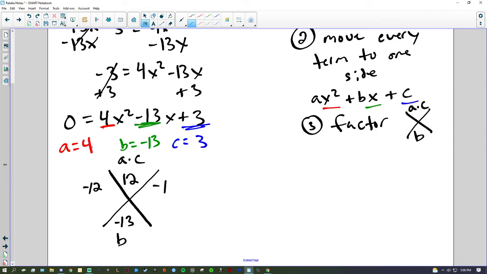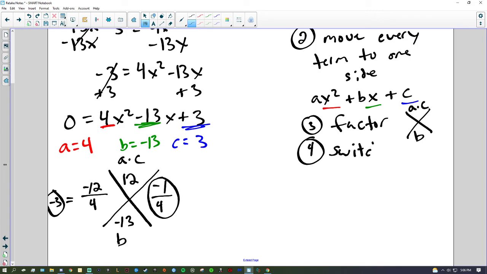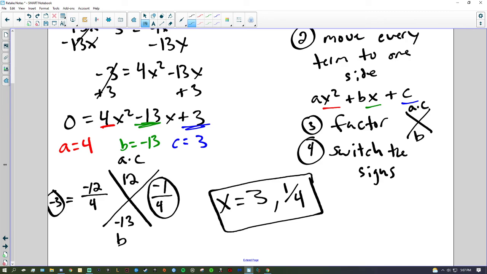Once I have my mystery numbers, I need to divide them by my A value, which is 4, right here, and simplify my fractions. Negative 12 divided by 4 is negative 3. Here, negative 1/4 is already simplified. To write my final answers, you just have to switch the signs. So instead of negative 3, it's going to be positive 3. Instead of negative 1/4, it'll be positive 1/4. And these are the solutions